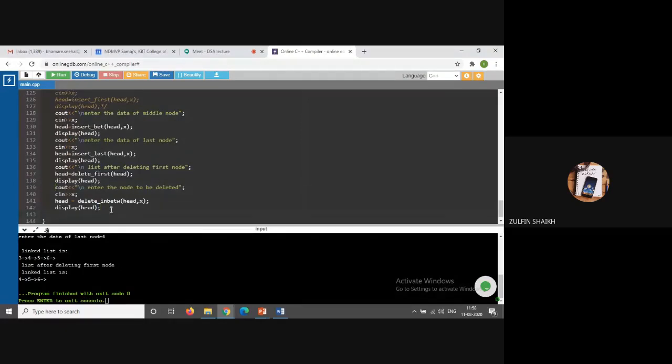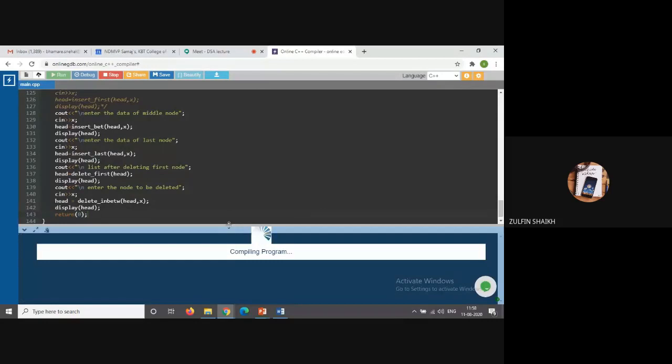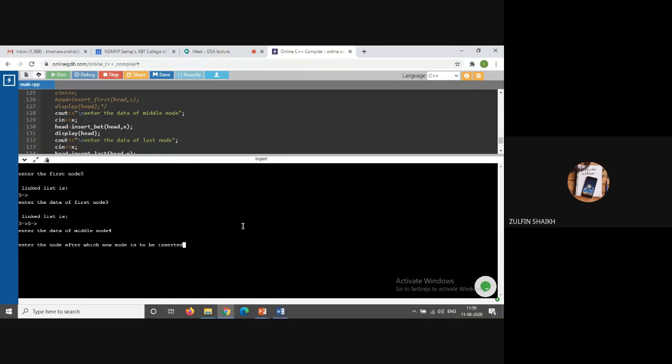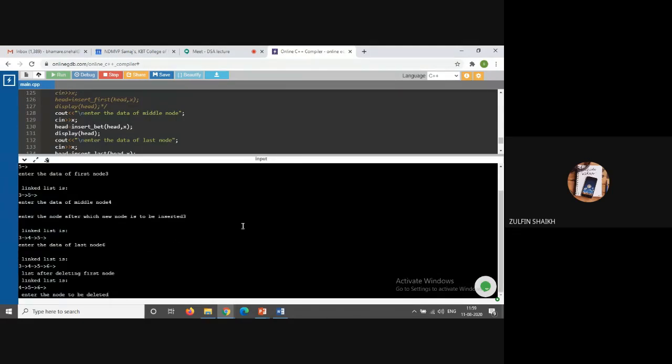The return statement should be at the last. Now 4, 5, enter the data of the last node, so it is 6. Okay, so your linked list is 3, 4, 5, 6.